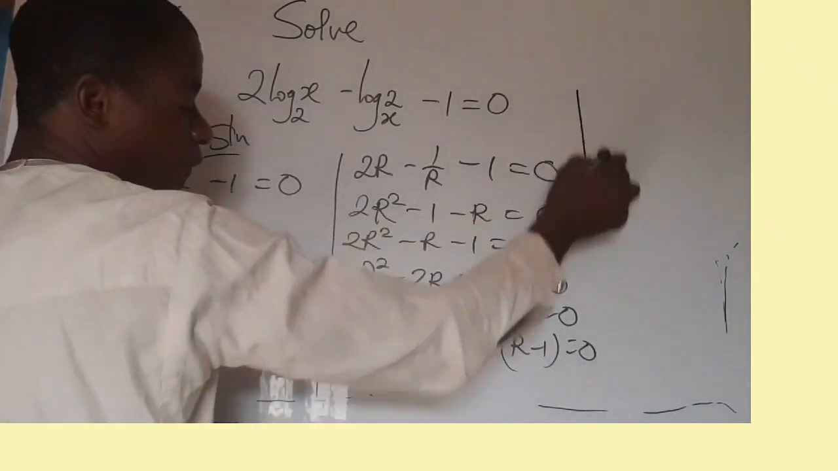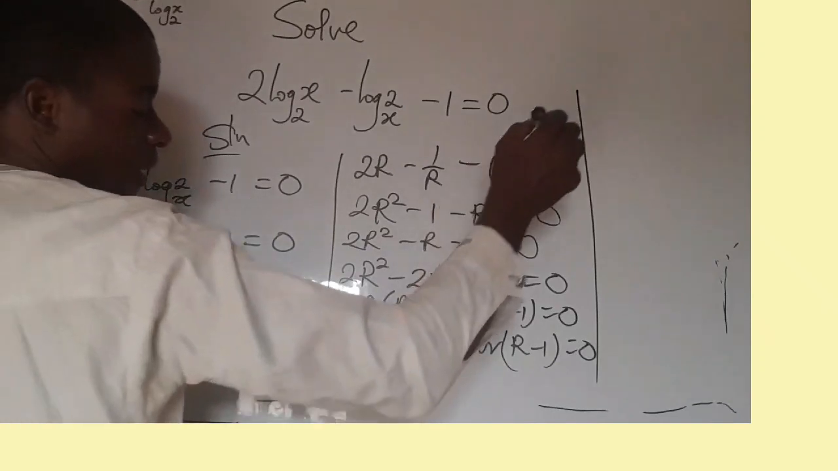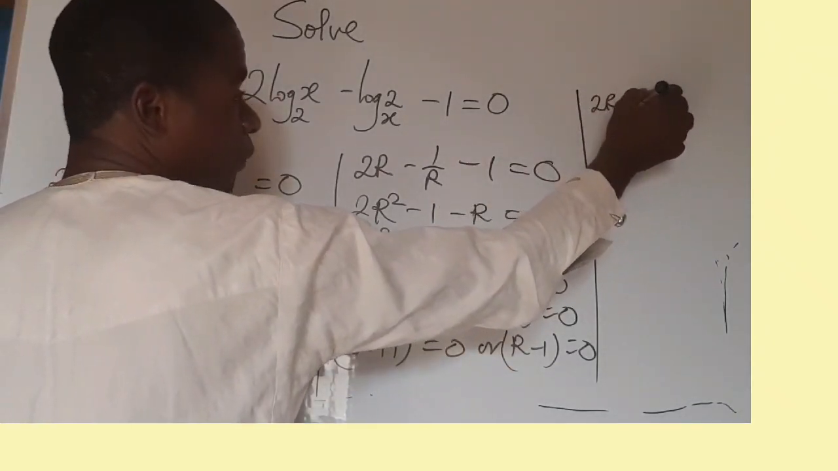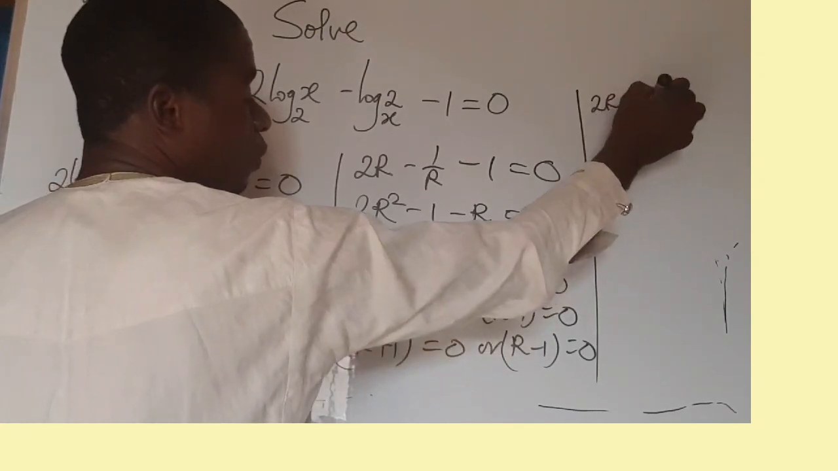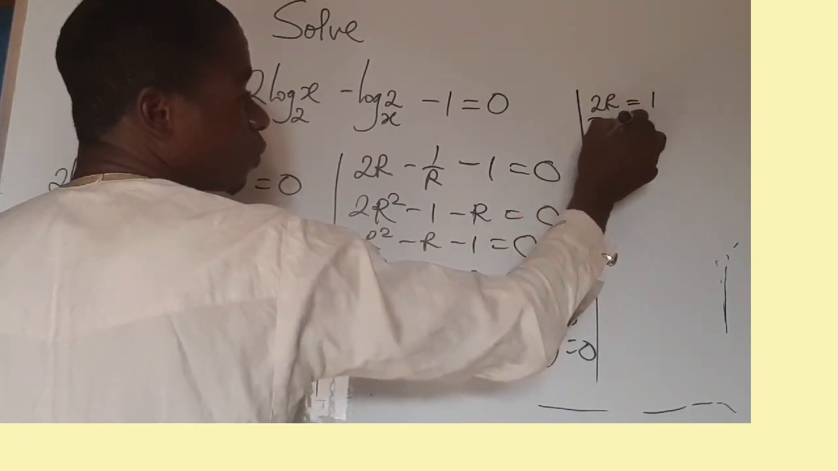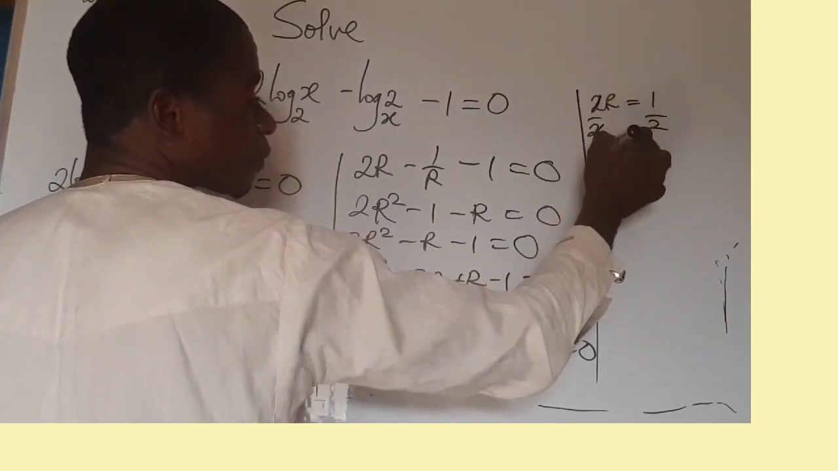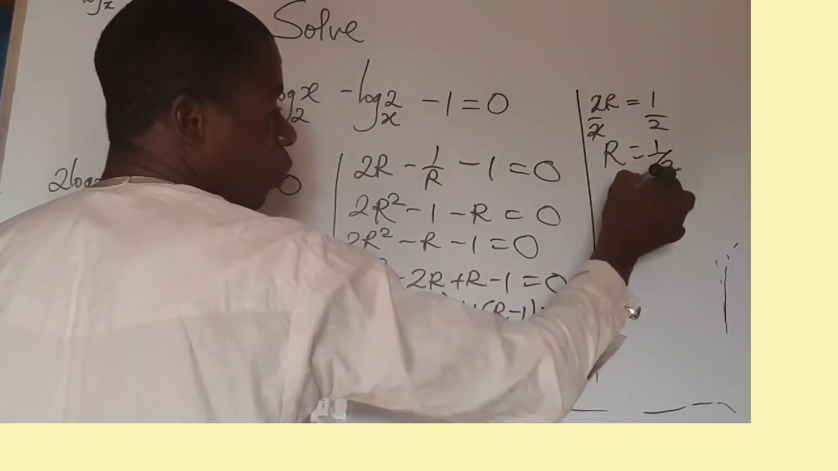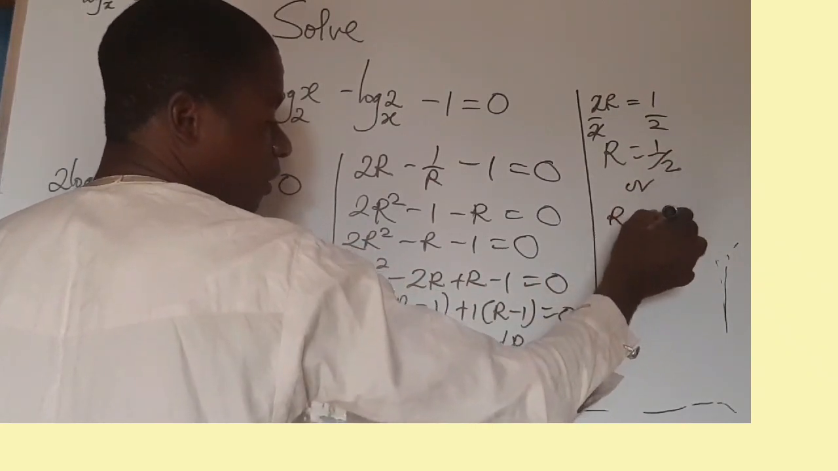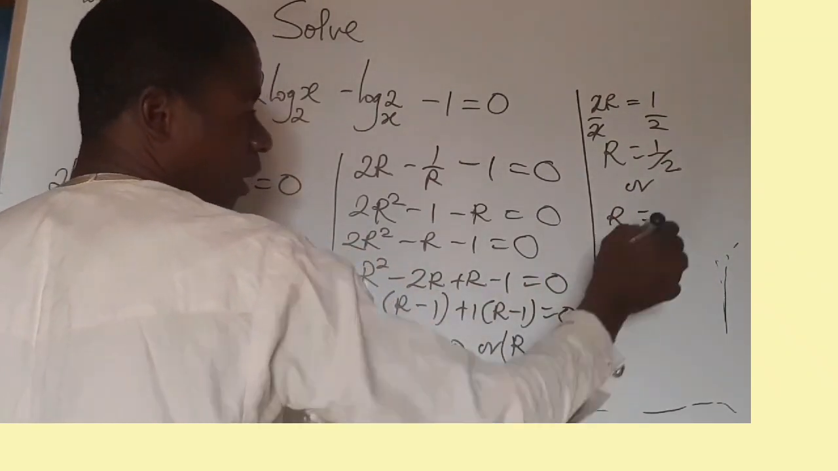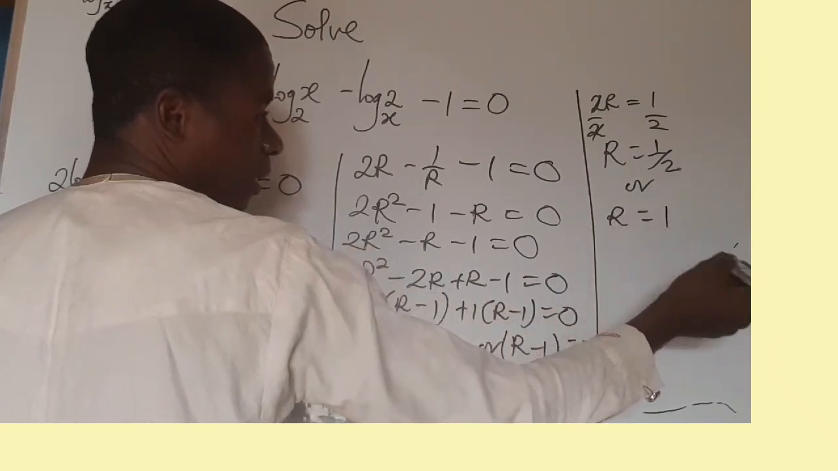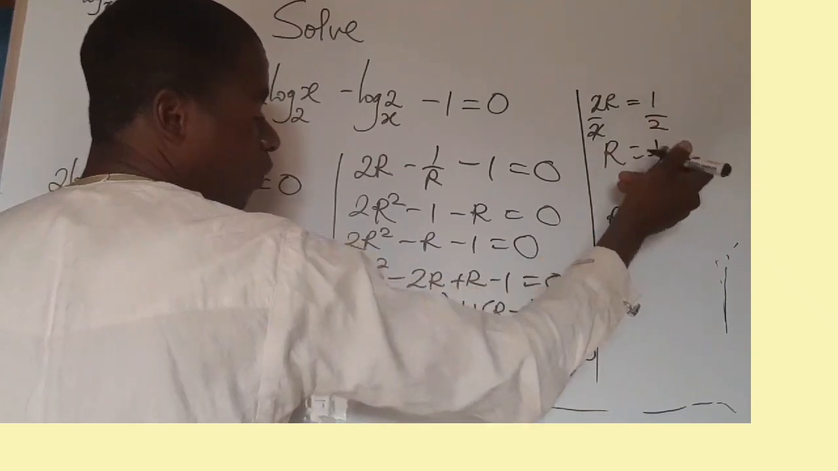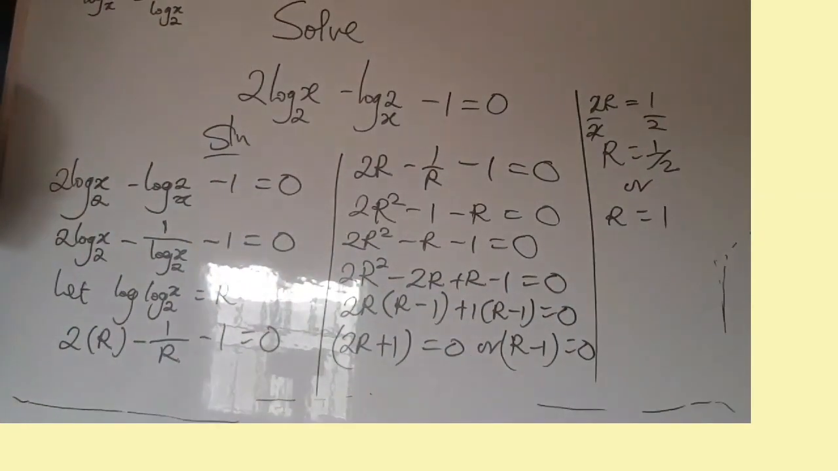Okay, so finally we can just say that 2r is equal to negative 1. We divide through by 2, this will cancel 2. r is equal to negative 1 over 2. Or we can say that r is equal to 1. And that is it. It simply means that our r is either negative 1 over 2 or 1. And that is our